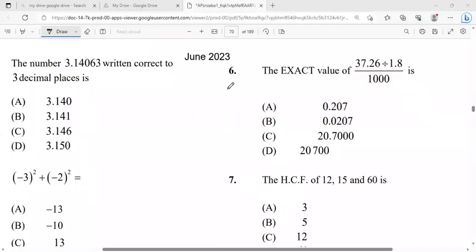All right, guys, let's run through another paper. As you know, this will be deciding your math grade, so you have to pay close attention to it, all right? Number one says the number